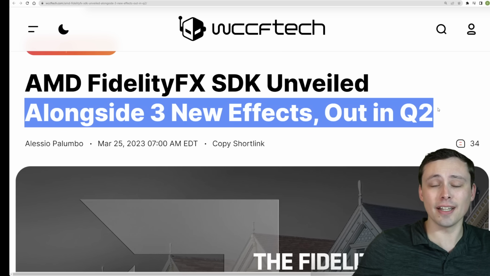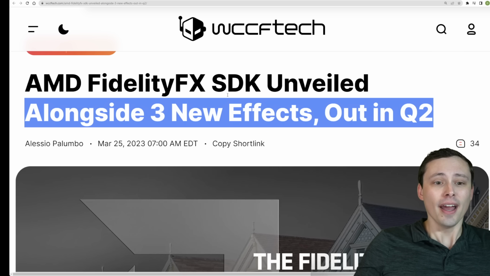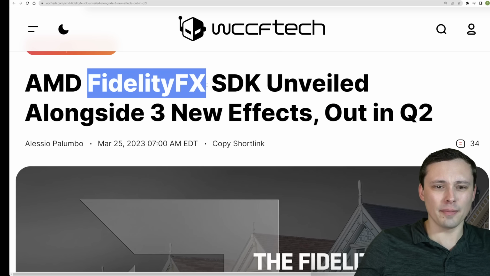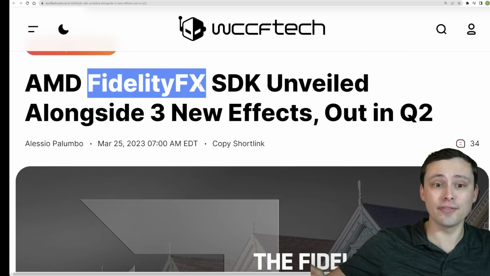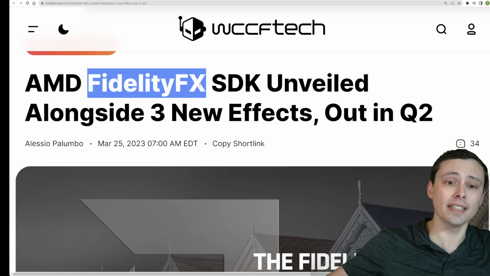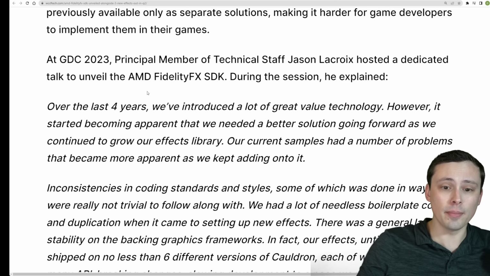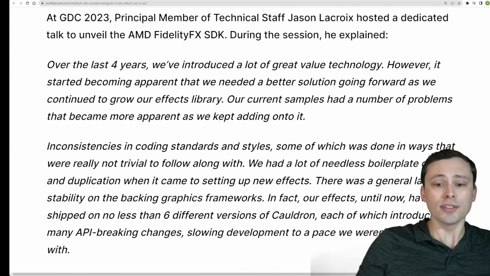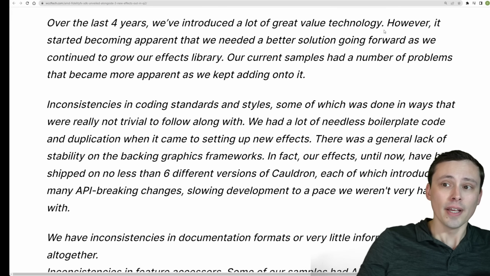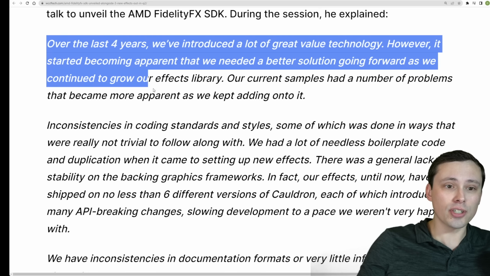Now, to be clear, this does not necessarily mean that FSR3 will be a part of this coming out in Q2. A lot of people mislabel FSR as FidelityFX. FSR is FidelityFX Super Resolution, but within the FidelityFX umbrella is actually a number of other technologies. So what they've acknowledged, though, with this quote, is that they honestly just go over a whole bunch